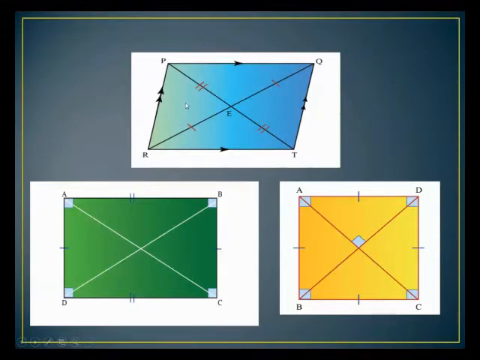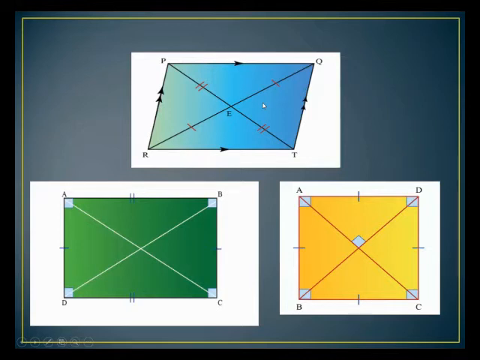Now the diagonals of a parallelogram bisect each other. As you can see, these are the diagonals of a parallelogram, and we indicate the two equal parts with the same symbols. Why do we do this? Because the two diagonals bisect each other, meaning at the intersecting point, each diagonal is divided into two equal halves. So we can say that the measurement of PE is equal to ET, and RE is equal to EQ.